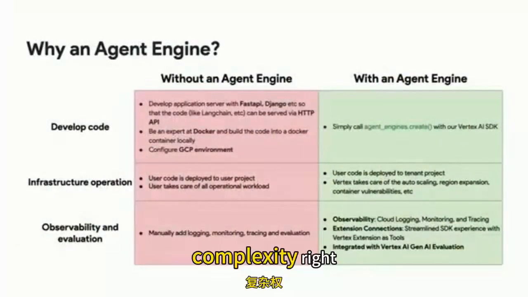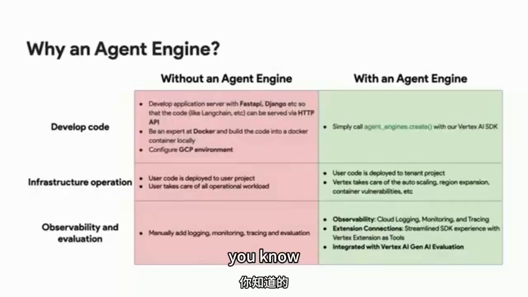you need to figure out a lot of complexity. You need to get your agent code. You need to wrap the agent in one of those services like FastAPI or Django. You need to build your container, and then you need to figure out your environment to run it. In this case, it can be a GCP environment, and then you need to handle all the operations related to infrastructure, and at the same time, you also need to monitor these agents, because at the end of the day,